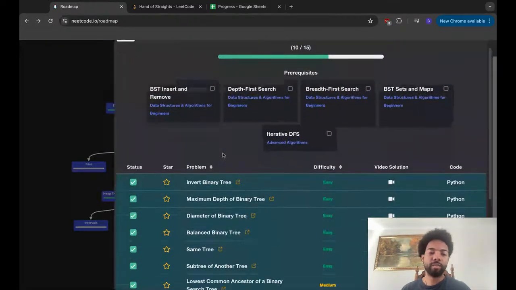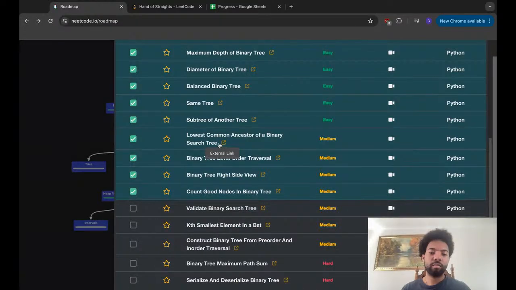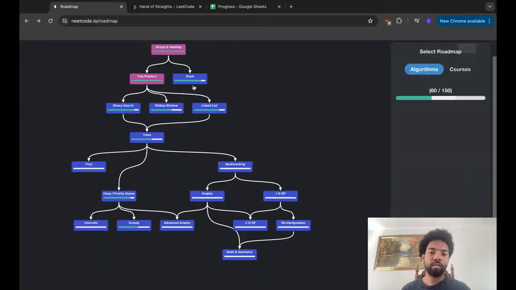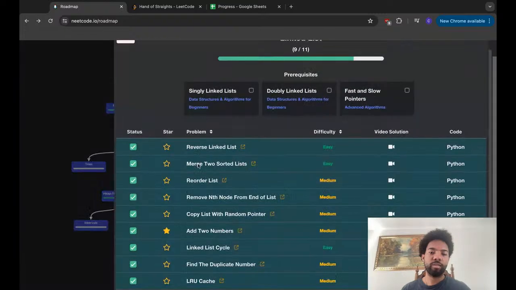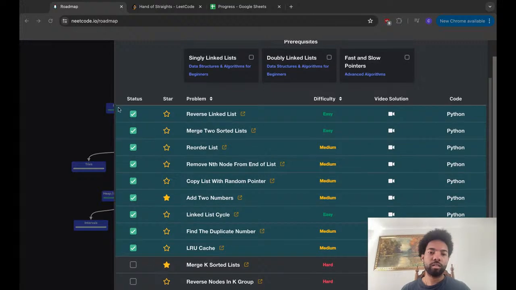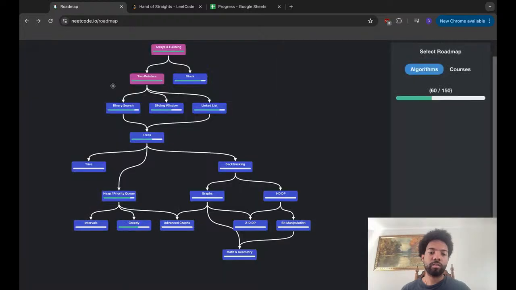I might do some of them. Like I might go back and do merge k sorted lists. I don't know. All right, let's do